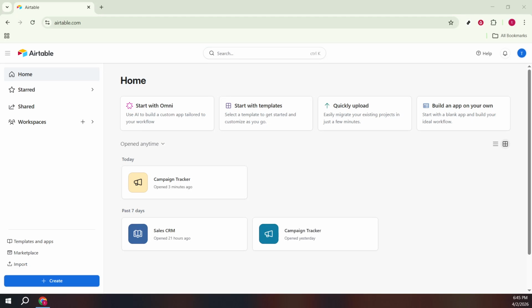In today's video, I'm going to teach you how to create a dynamic dropdown in Airtable. A dynamic dropdown in Airtable is simply a field that pulls its options from another table, so the list stays up to date automatically as that source table changes. It's perfect for things like selecting a client from a client's table, choosing a product from a products table, or